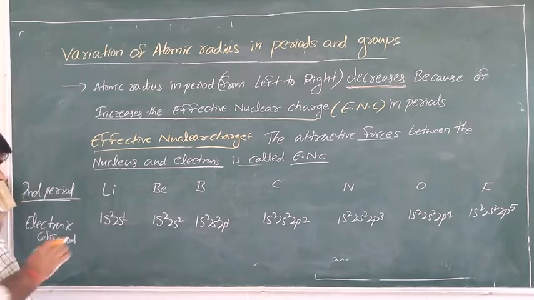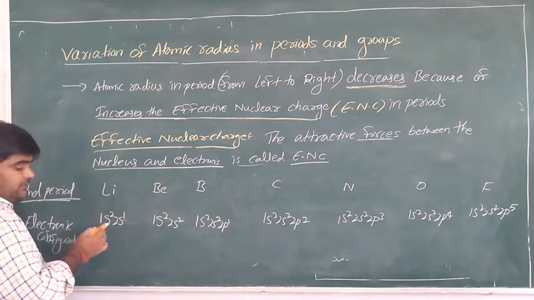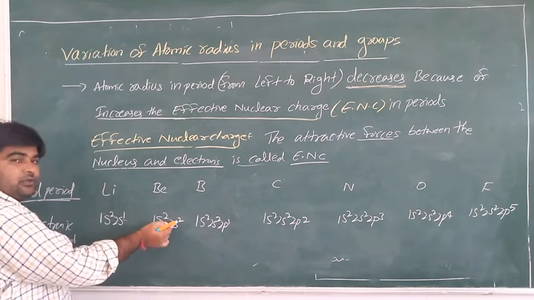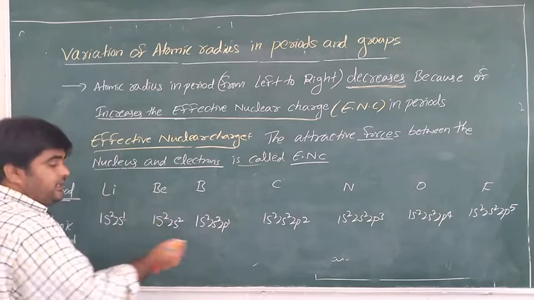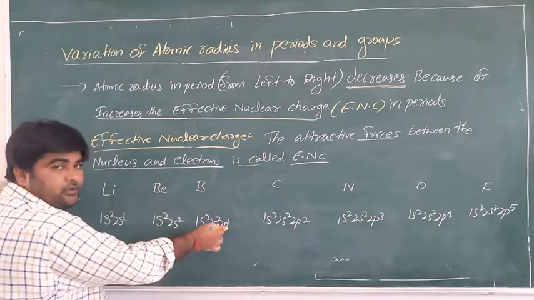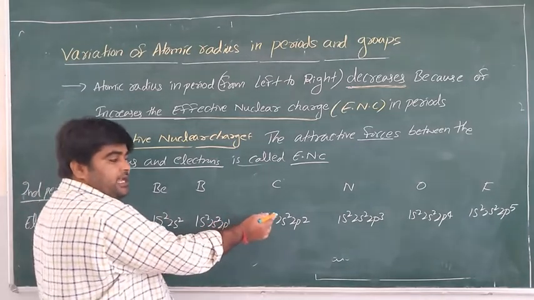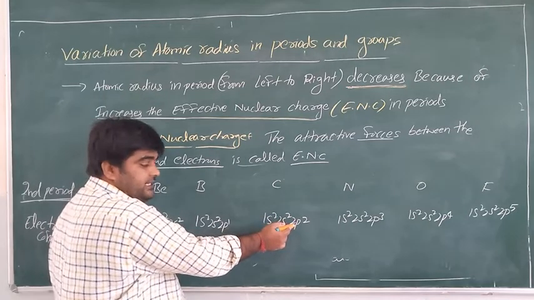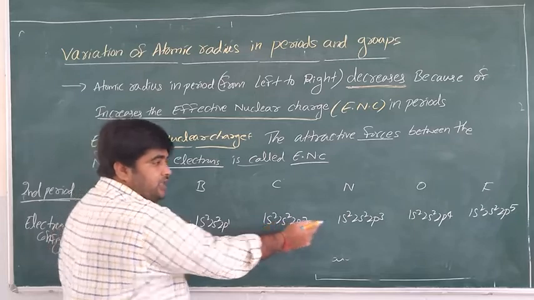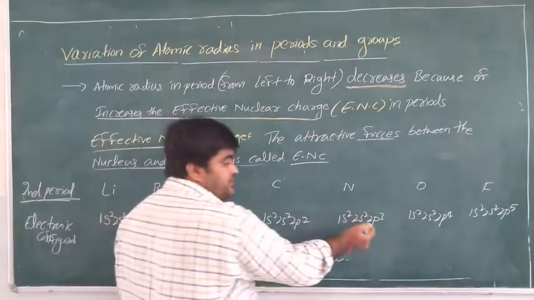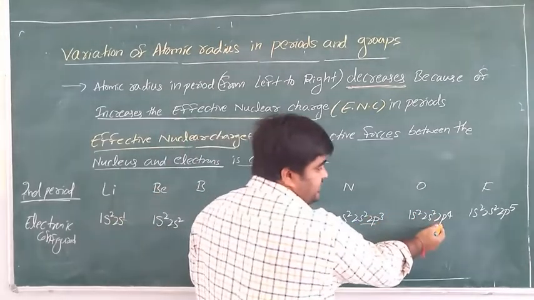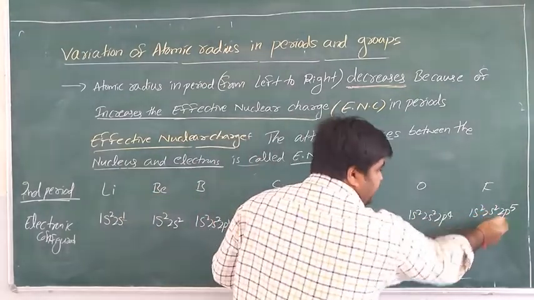Is it clear? So, for example, coming to lithium, the electron enters 2s1, and in beryllium the electrons also enter 2s2. It is over. And coming to boron, the electron enters 2p1. Coming to carbon, electrons enter the same 2p subshell. In nitrogen, also the same energy level, the second shell only. Oxygen and fluorine also enter the second shell only.